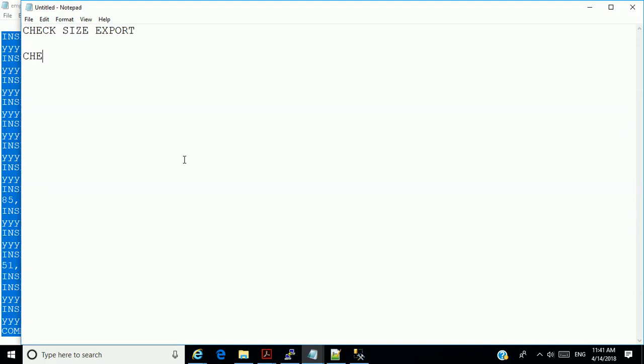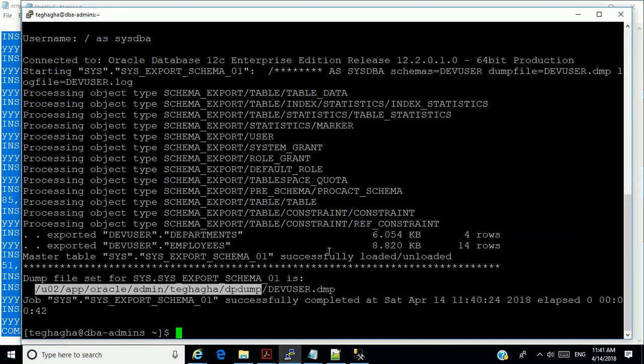And check available space on the file system. Now, how do you check the size of an export? Like if, for instance, this export was to be 1 terabyte, how would I know? There's an option I would have used. Look at it here.